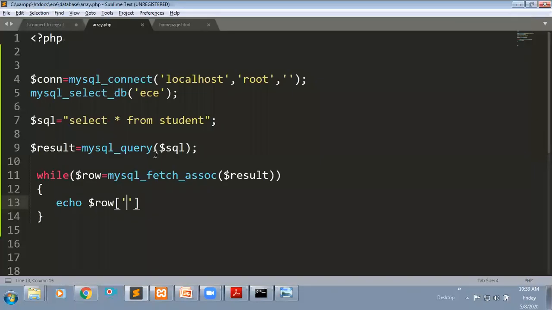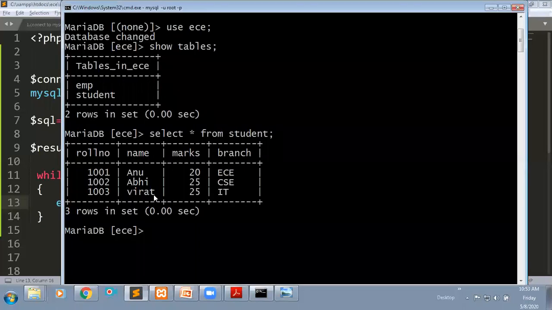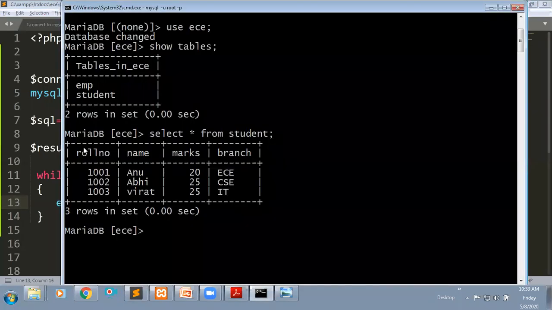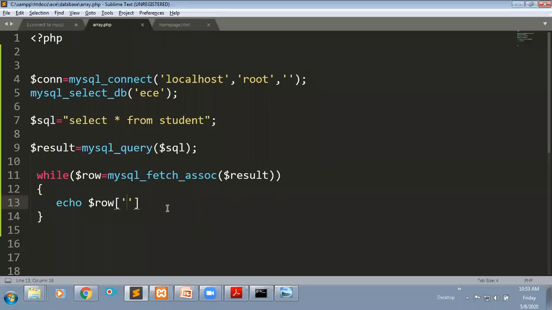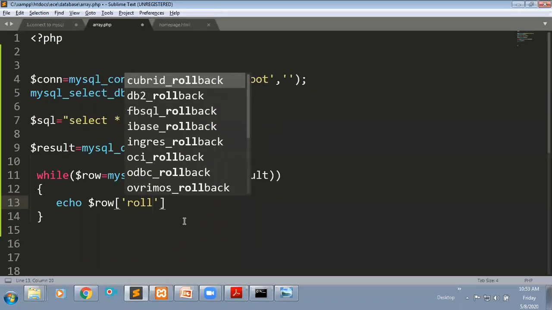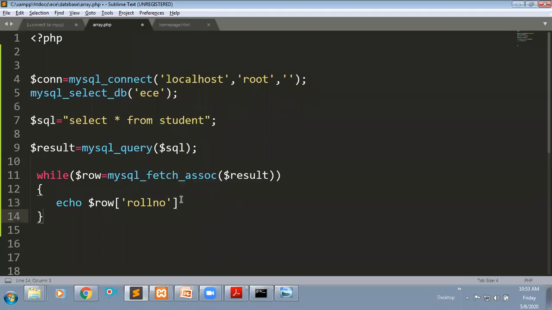I'm passing the column name as the key, that is, your column name is roll number. It will print the value which is available within this roll number column.